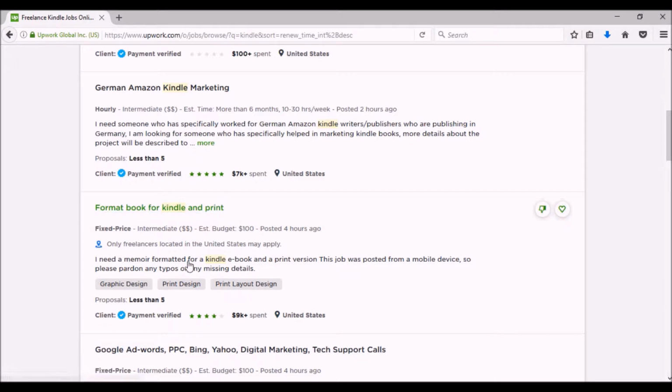So I look in here and it says I need a memoir formatted for a Kindle ebook and print version. This job was posted from a mobile device, so please pardon any typos. Less than 5 people have applied for this, and it was posted 4 hours ago. This person has spent quite a bit of money, over $9,000, and they're in the US, so this is someone